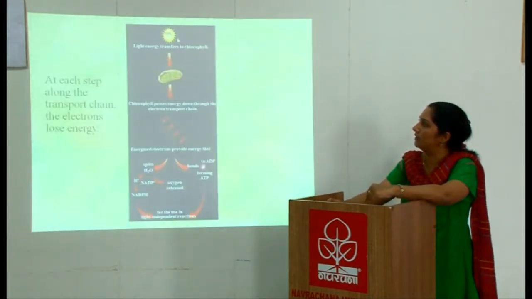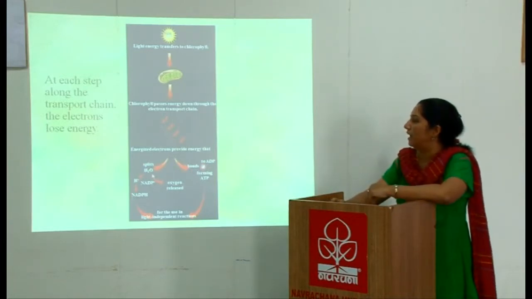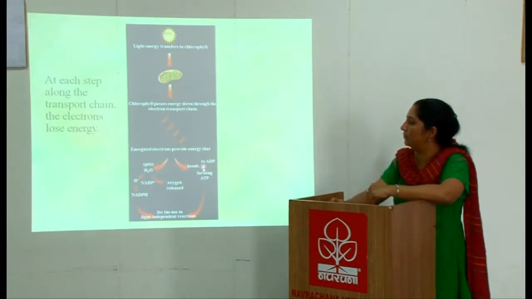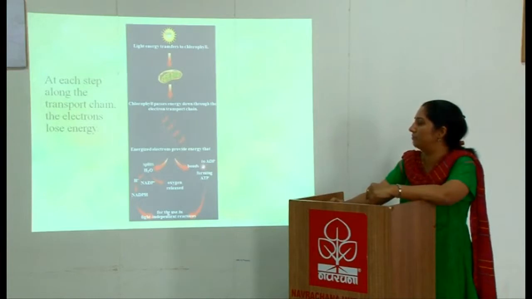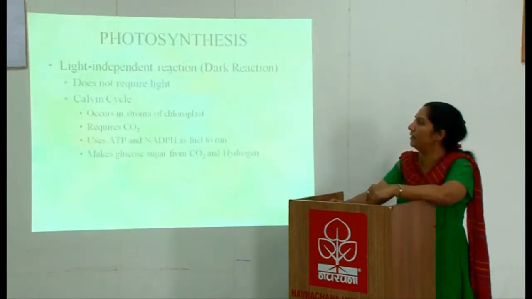As you can see over here, the chlorophyll attracts the light energy, and then it passes the energy through the electron transport chain, and you can see the electrons getting in, and these energized electrons split H2O, that is the photolysis, and then it gives out H plus and NADPH, and here it bonds with ADP to form ATP, which both are used in the light independent reaction. Light independent reaction, that is the dark reaction, does not require light, and is also known as the Calvin cycle.